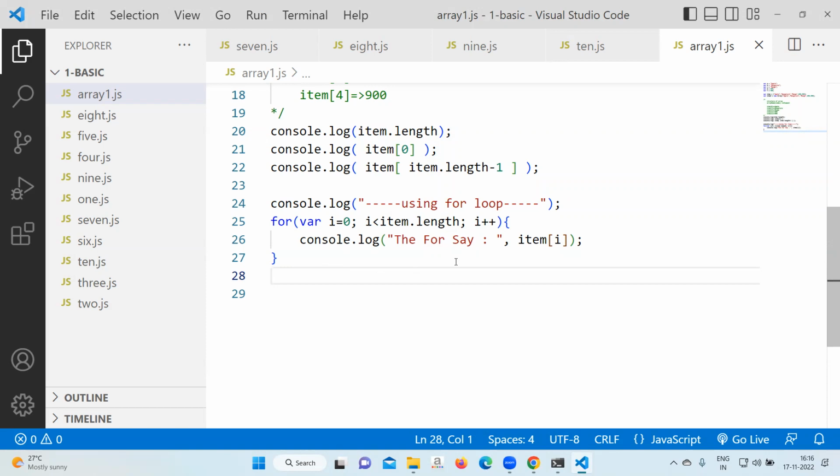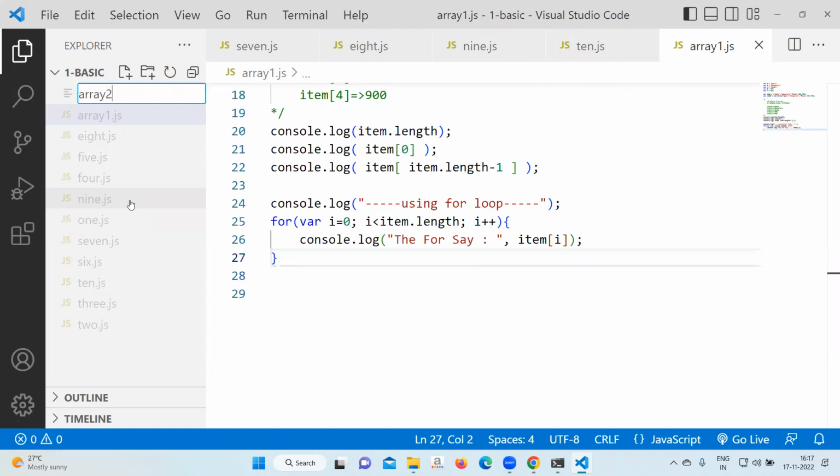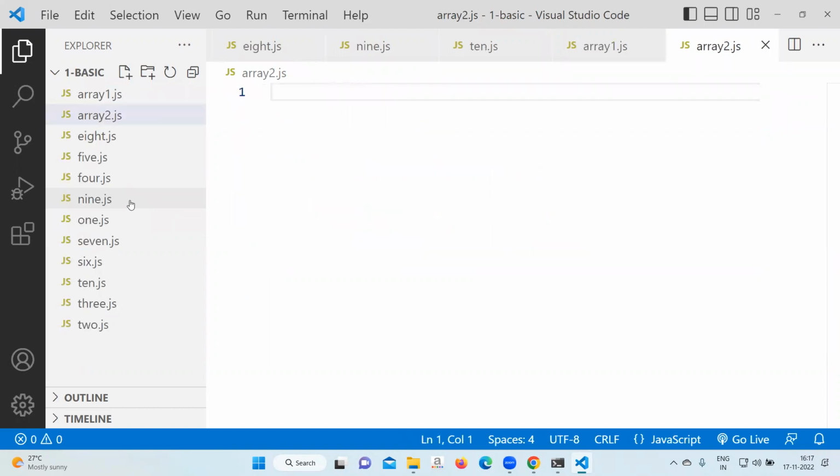Okay, so create the next file array2.js. In the array2.js file,